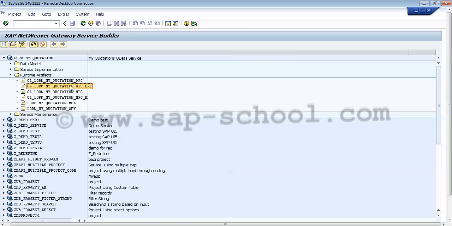So let's check the app specific customizing. We can directly go to the transaction SPRO to check the app specific customizing.